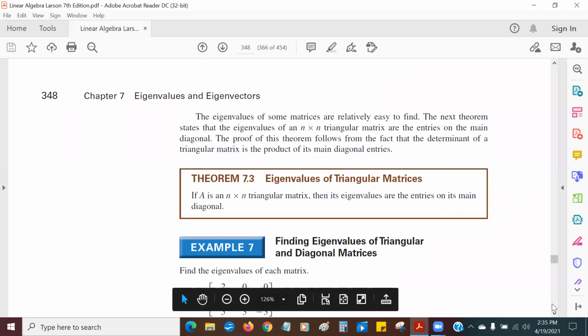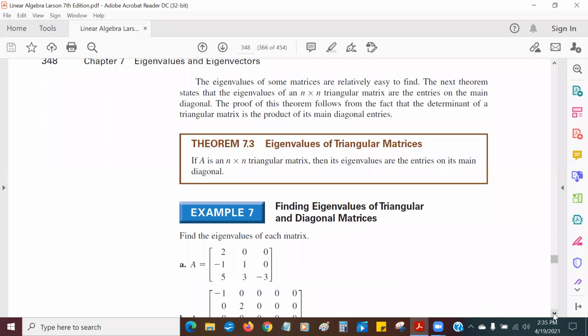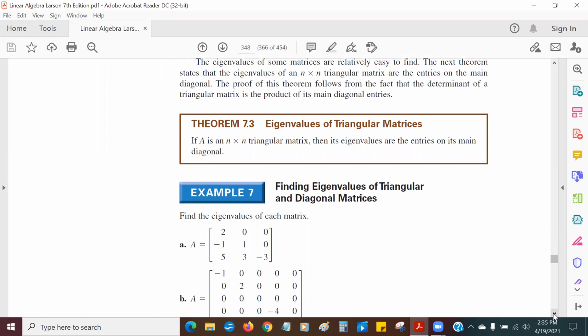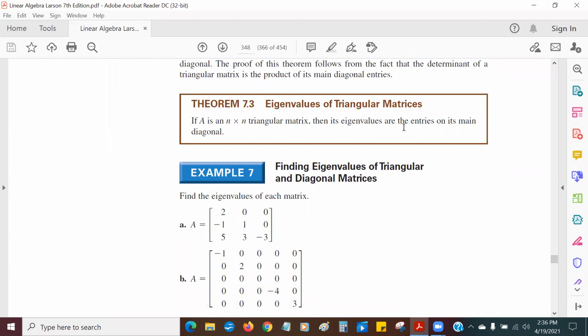Okay, moving on. The eigenvalues of a triangular matrix. Now, a triangular matrix, as you remember, there's upper triangular and lower triangular. A triangular matrix is when one side of the diagonal has all zeros, and depending on which side it is, that'll be upper or lower triangular. Anyway, if A is an n by n triangular matrix, the eigenvalues are the entries on its main diagonal,